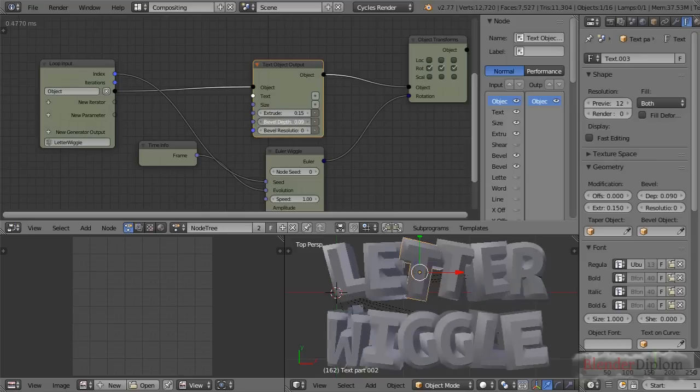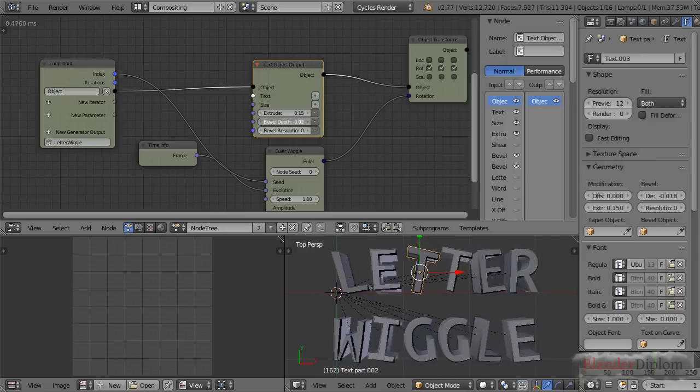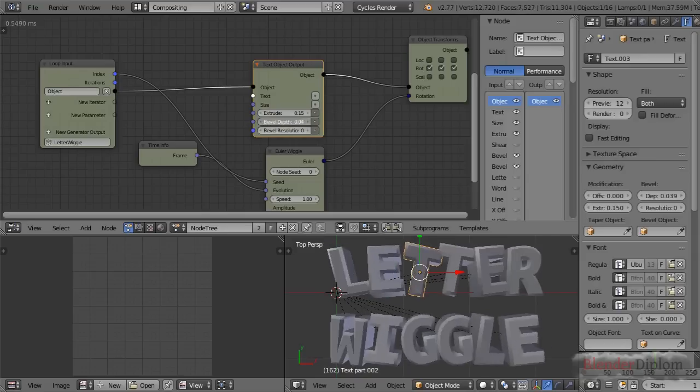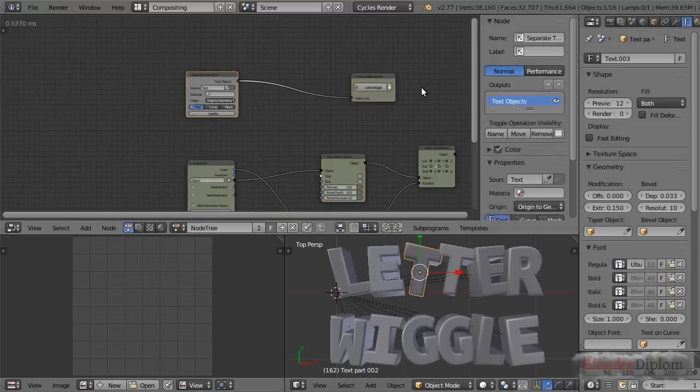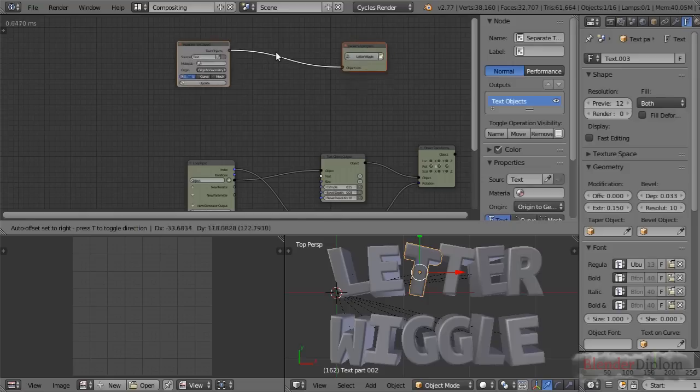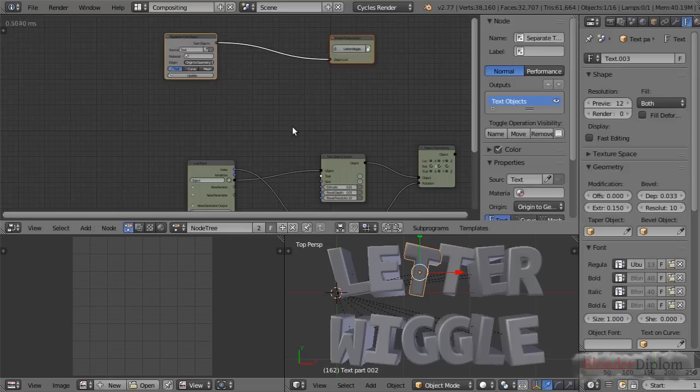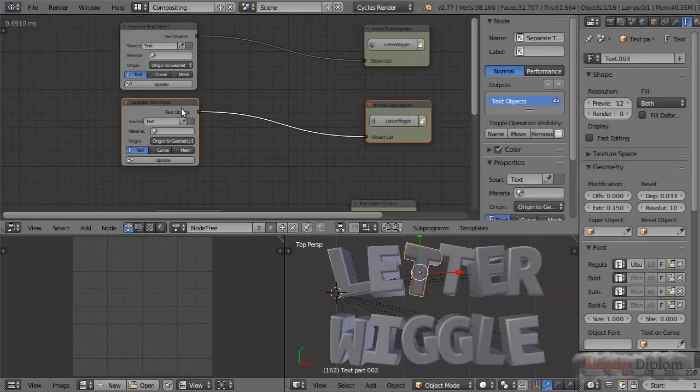So now let me add some bevel depth, just a little bit, a positive value like this, and let's turn up the resolution. So the cool thing about this is that we can change it in here, so we could do two objects, like one as the default object and one as an outline, and create it right up here. And for this, let me first duplicate this,